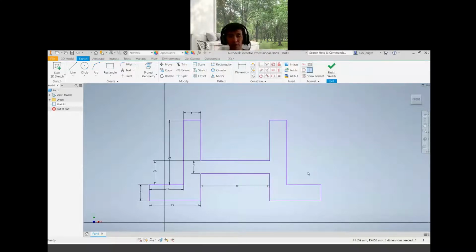Okay, so I think most of you already get your geometry, your profile, to be in a stabilized mode. So we sketch,